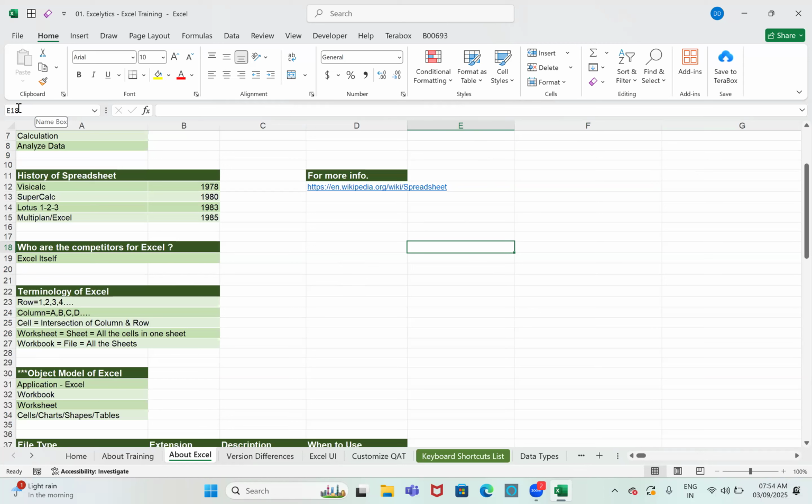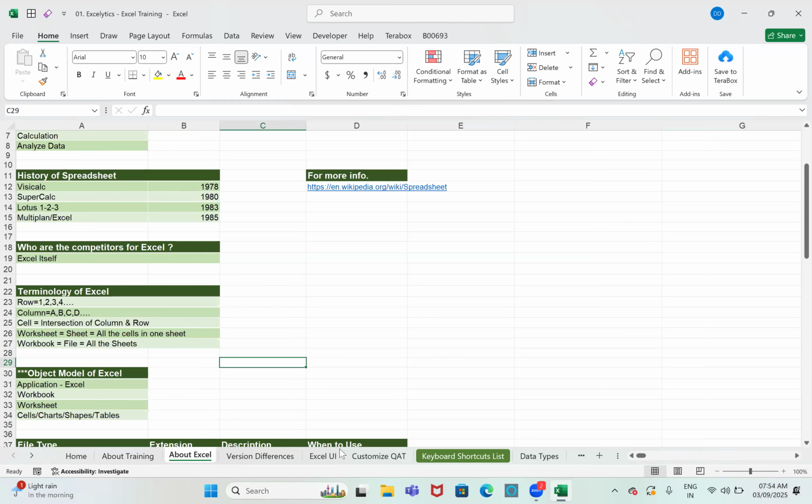This is called the name box. In the name box we can see the cell address. What is this cell address? F21. F is the column and 21 is the row. What is this cell address? C29. C is the column and 29 is the row. C29 is the cell address that you can see in the name box.